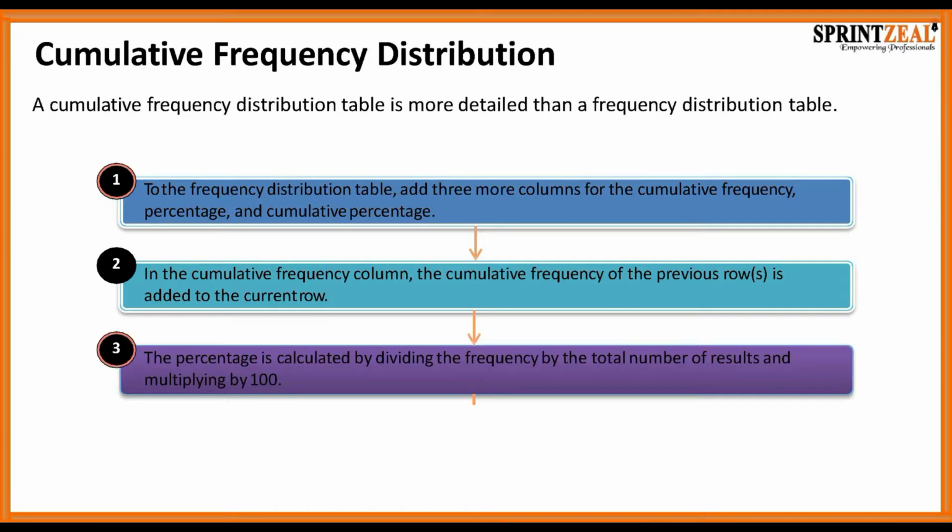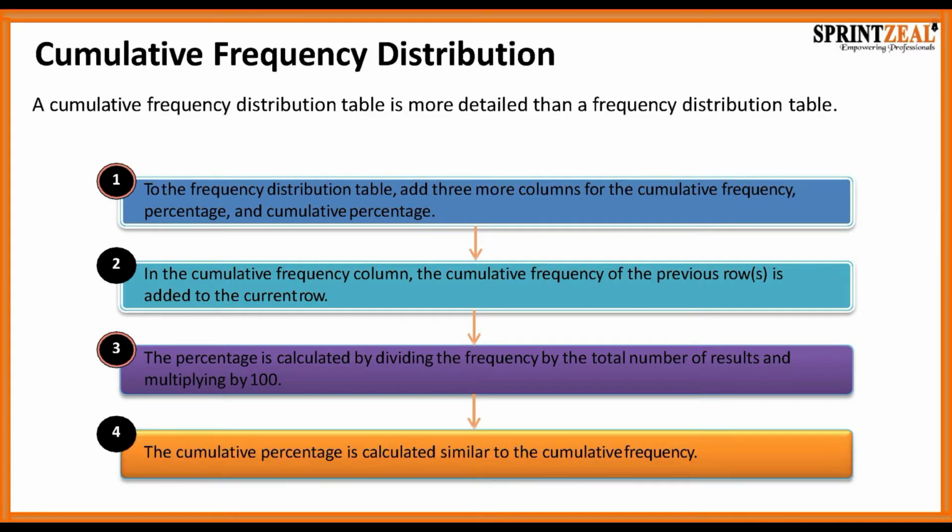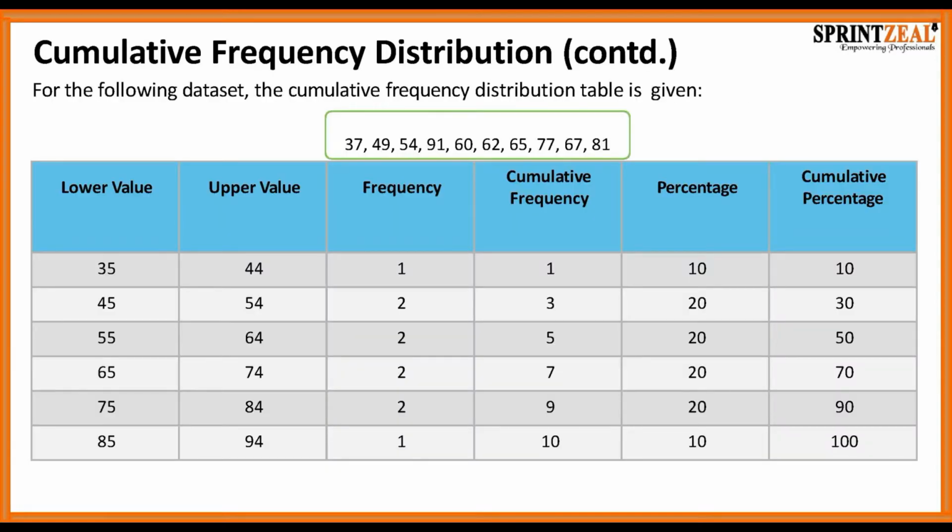The third step is the percentage is calculated by dividing the frequency by the total number of results and multiplying by 100. And then the last step is that the cumulative percentage is calculated similar to the cumulative frequency. So for the following data set, the cumulative frequency distribution table is given: